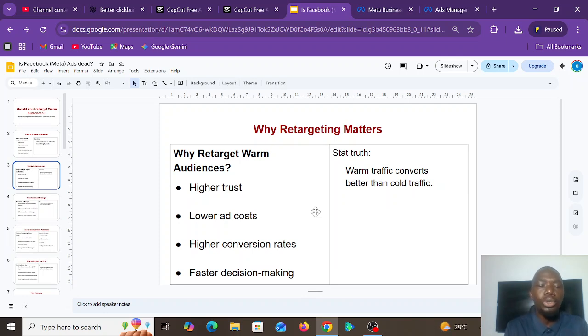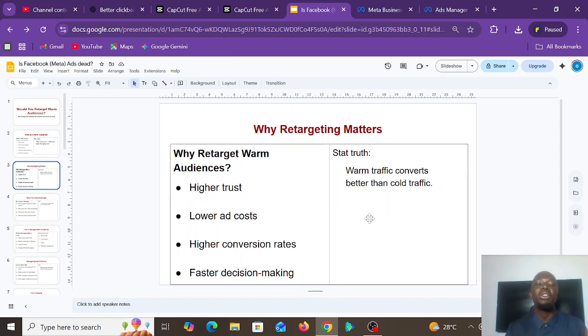Now, lower ad cost, why? Because these are people that already know you, so they will readily go through your advert, read your copy, and watch your ad video. They might click on your stuff. So because of those engagements, your ad cost is going to reduce, and you are likely to have higher conversion.